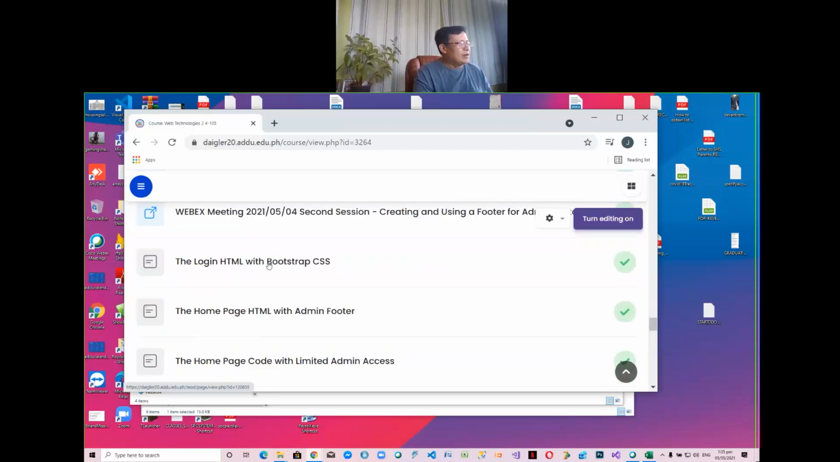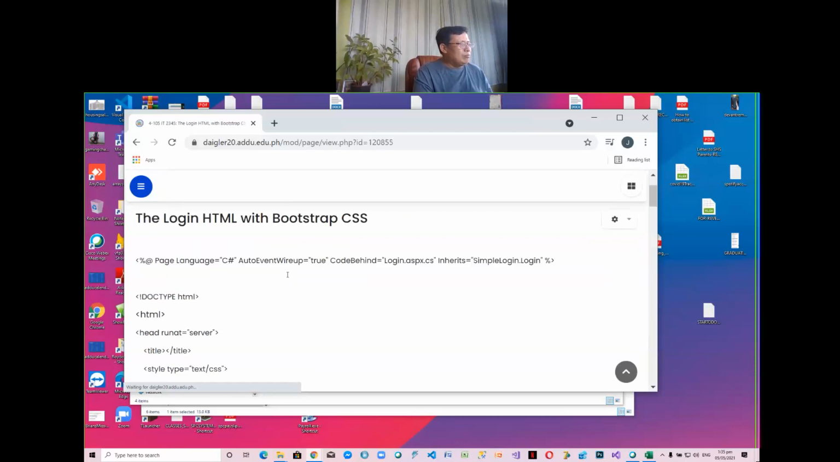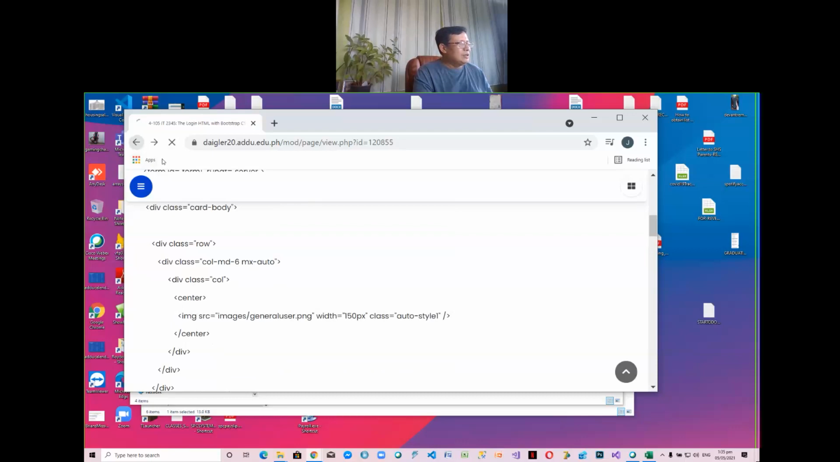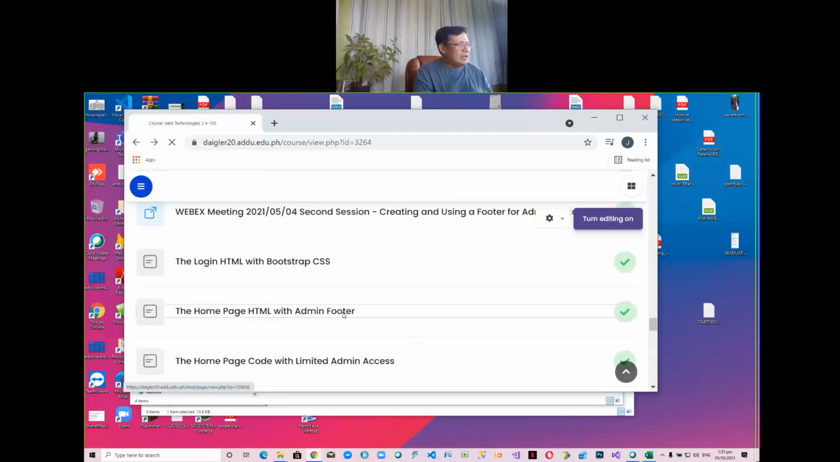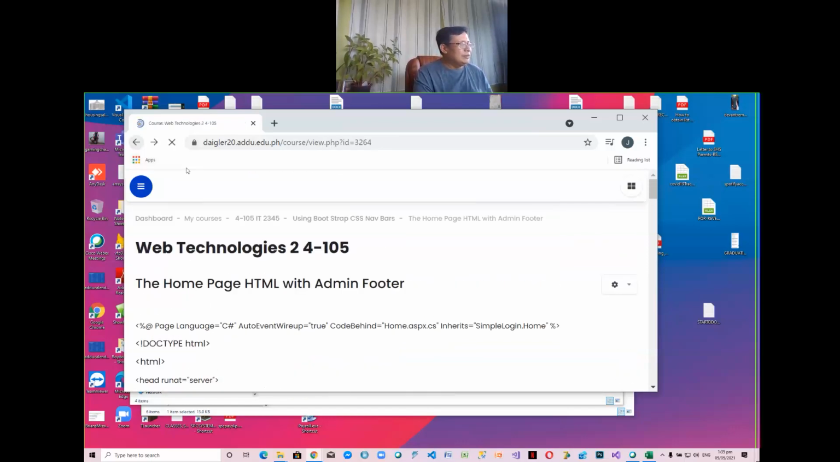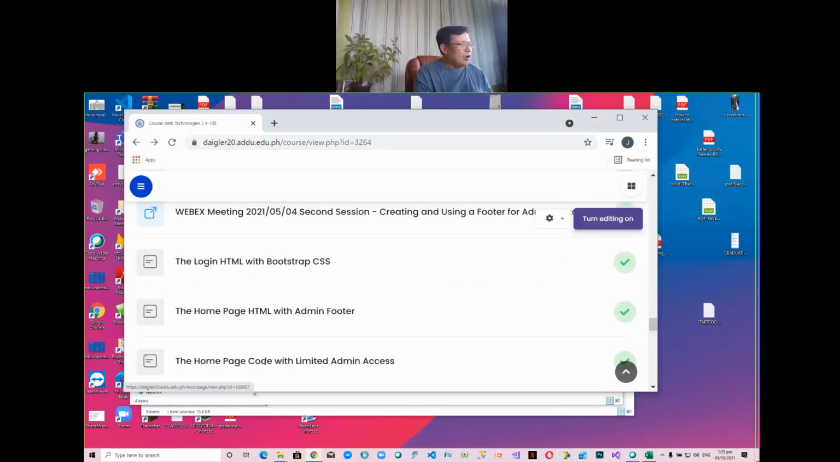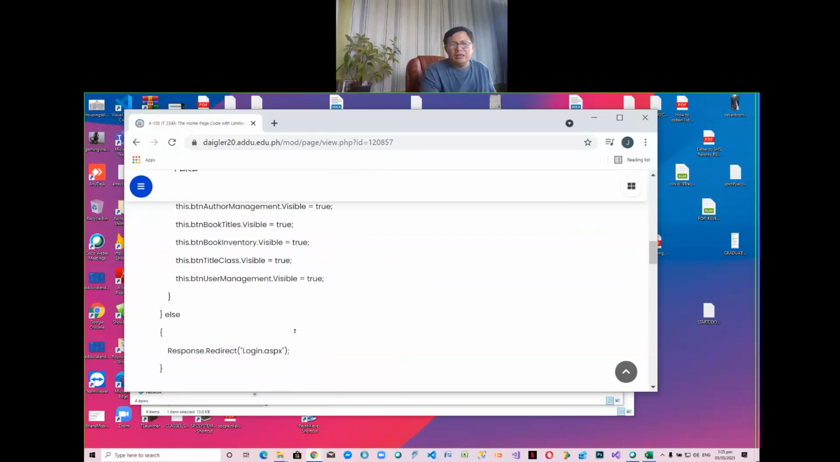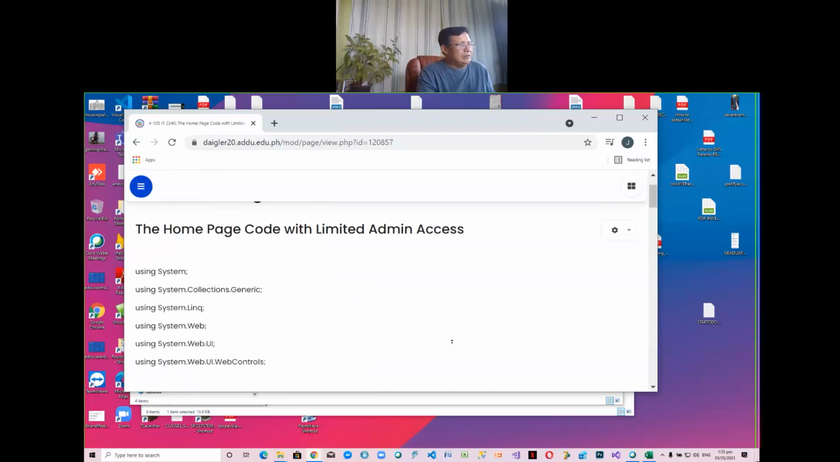our class site. For example, the login HTML, the Bootstrap CSS, and the HTML admin with an admin footer. Okay, and how the homepage limits the access of the user admin, the admin functions to be limited to the admin user only. Do you follow? Now I've changed this a bit, because I didn't like the idea that the